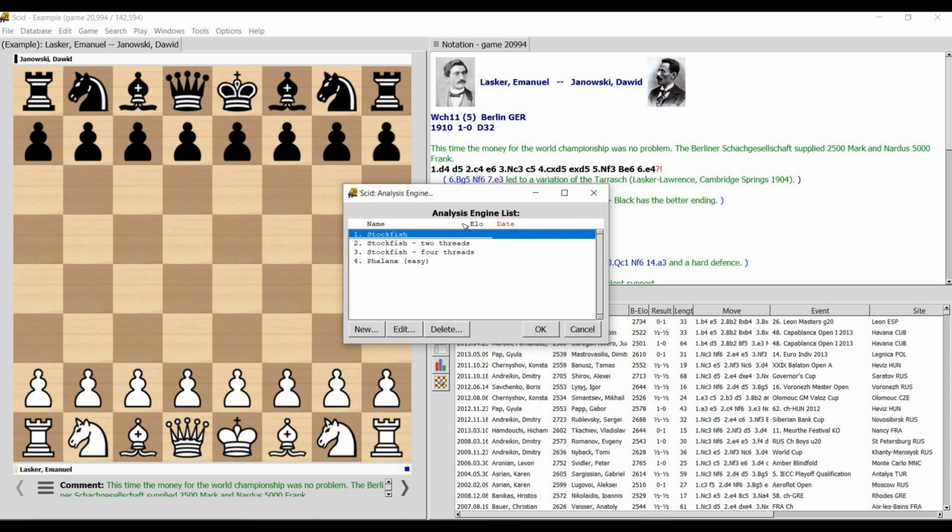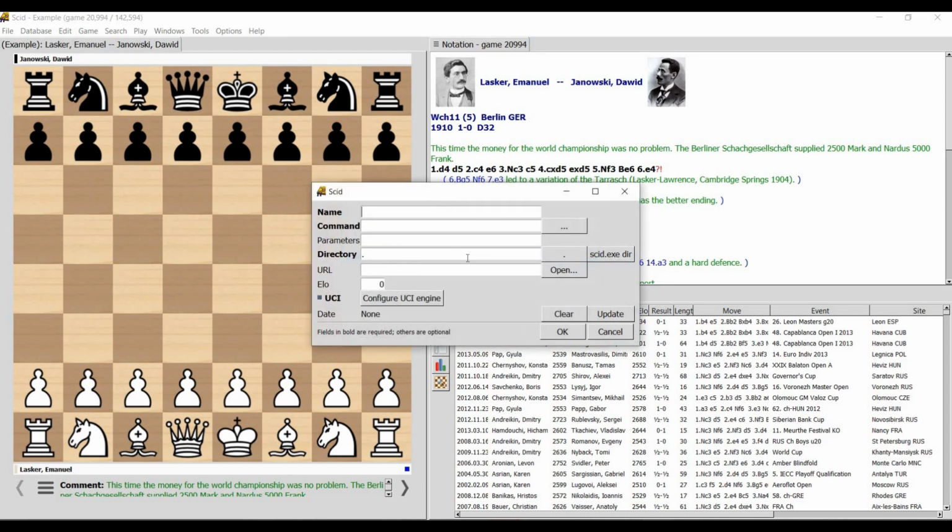Go to Tools and click on the engine, and then it will give you the available list of engines that come by default with this Scid software. Now we need to add a new engine over here, so we click on New. Once we click on New, it opens a dialog box asking the name of the engine. Here you can type Komodo 12, and then we need to give the directory.